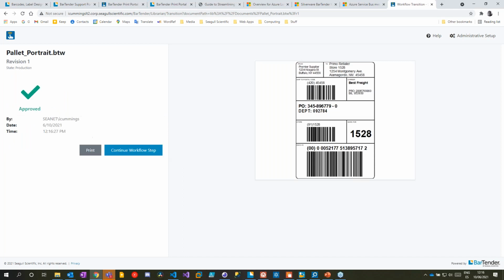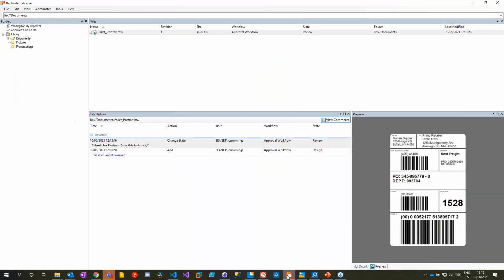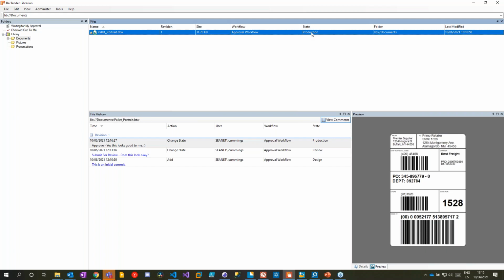So I can say, yes, this looks good to me, smiley face, and submit that. Approved. If I switch over to Librarian, we can see in just a moment when it refreshes. All right, I'll force the refresh, that the file state for this document is now production ready. So it's in the production file state. So we've transitioned from approval through to production file state. And with this document now production ready,